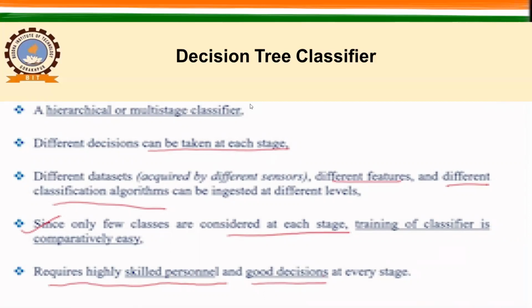But in decision tree classification you have all the flexibility. So here the sources of error will be more, and you need to be very careful while using this decision tree classifier.